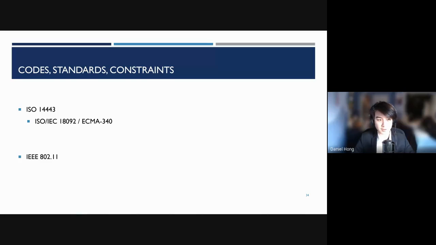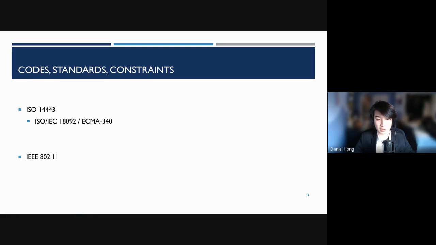So here are some code standards and constraints that we're using. We are using 3 standards. The first one is the ISO 14443. It is a standard for RFID and NFC interfaces, mainly for RFID tags used in proximity systems, and is generally aimed for use in payment systems, which is good for us because we want to create something similar to a mobile card or ID. The second one listed is the ISO/IEC